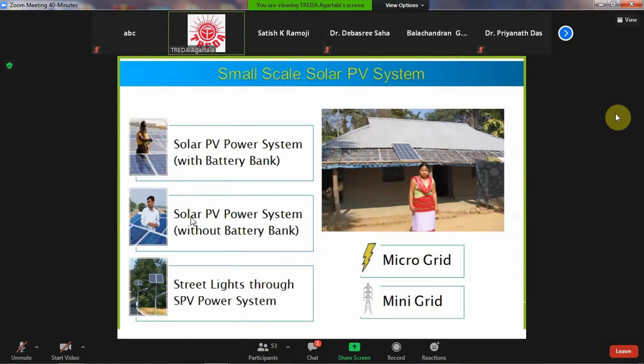And there are some solar PV systems without battery bank also. This is grid connected. If there is no battery, we can still install it with the grid. The system works when sunlight is there. Our captive load will be run by the solar power, and battery is not needed. We can also export this power to the